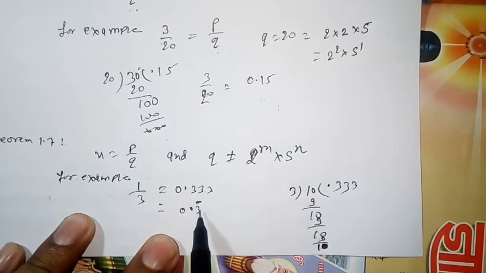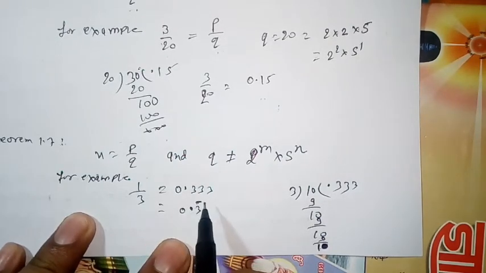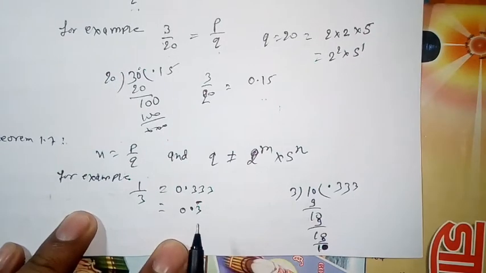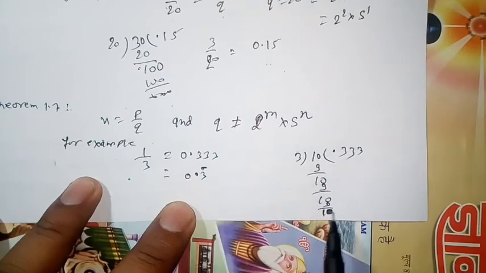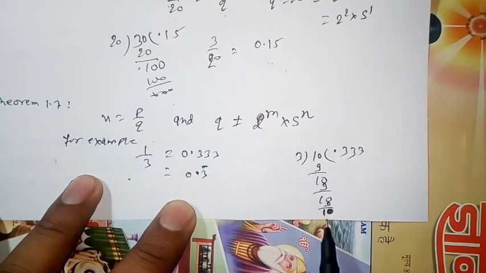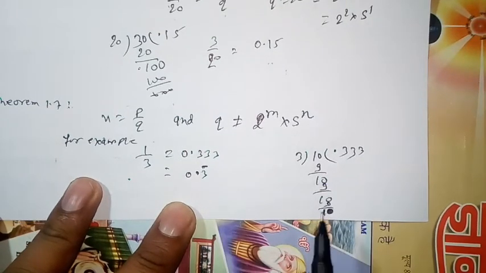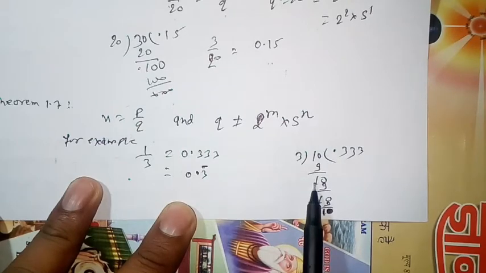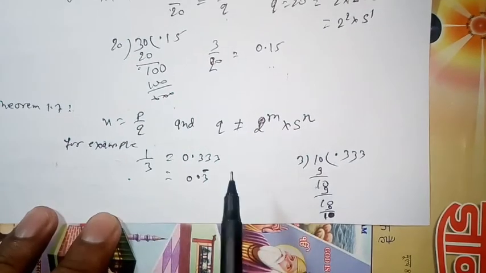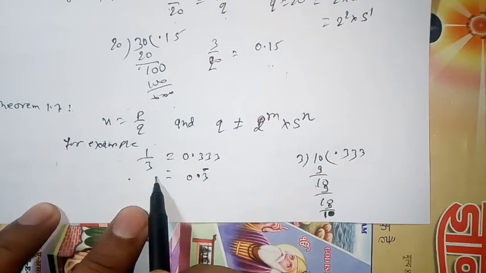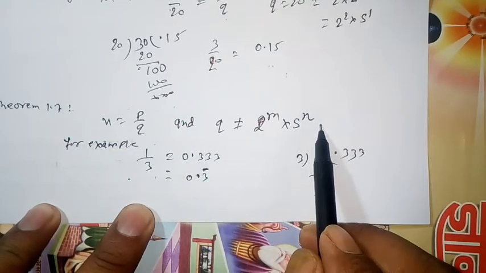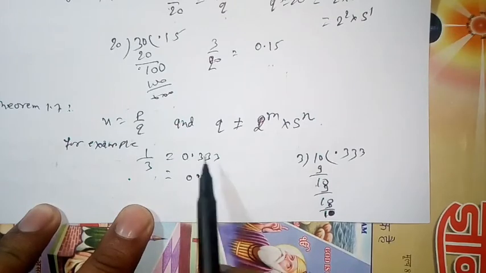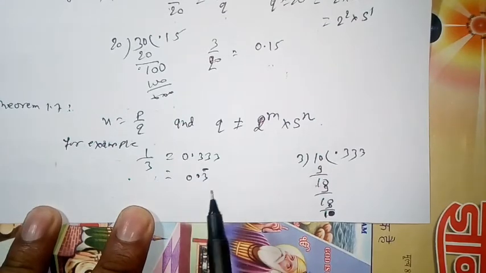Recurring means the same digit comes again and again. Here I am not getting remainder 0, I am getting remainder 1 each time. So 3 is not of the form 2 to the power m into 5 to the power n. Therefore this number is a non-terminating